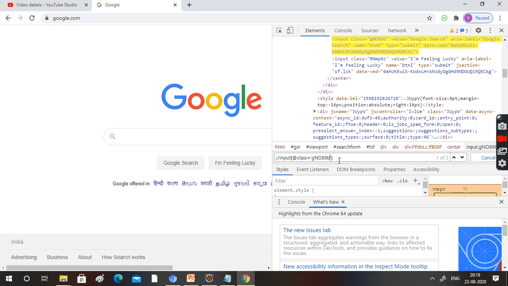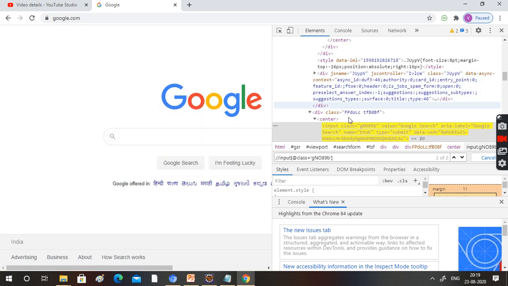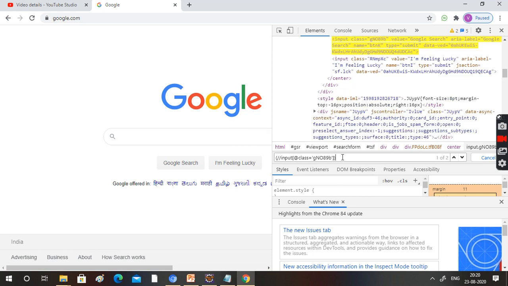In that also two things are there. We need to hover the mouse over the yellow color. Is there anything highlighted in the particular page? Nothing. Click on next. Hover the mouse on the yellow. It's highlighting. So your element is the second element. So use the element as second. Put the square bracket here, and this is your element.